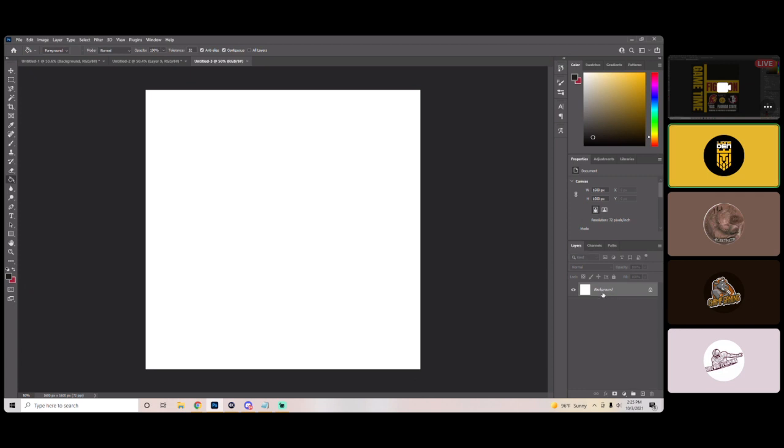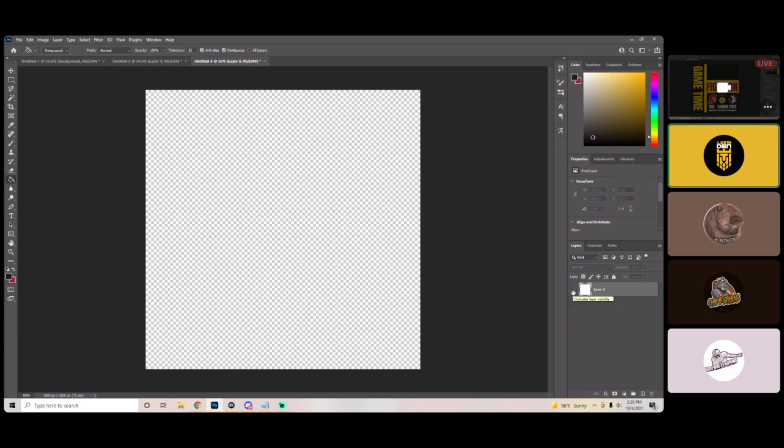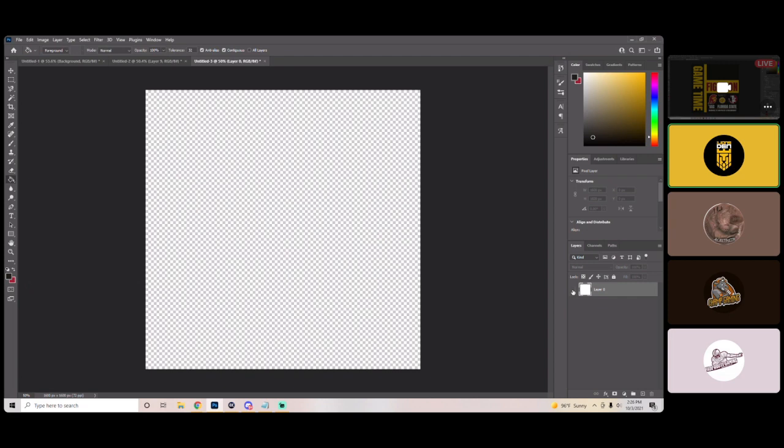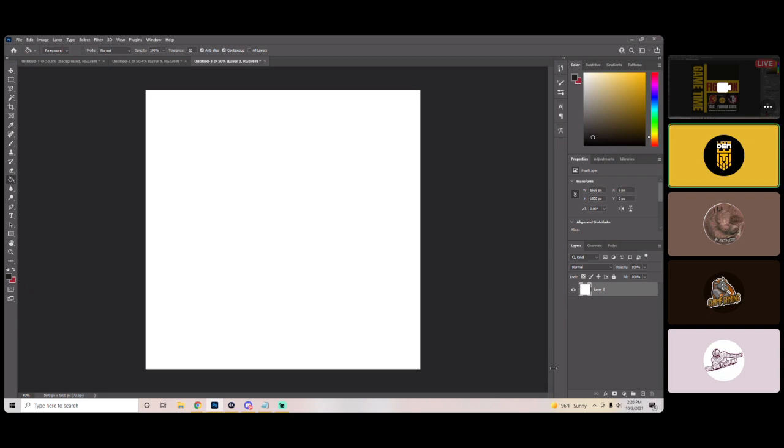And you see right here, the background layer starts off as just, it's always locked and it's white, right? If you take this eyeball off, just like the same eyeball that y'all see in Streamlabs or OBS, then this makes the background transparent. So now any object I have here is like having a blank background. All right. So let me lock that